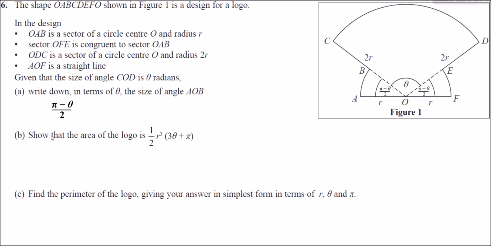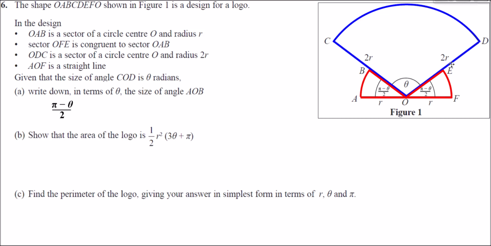Part D, we have to show that the area of the entire logo is half r squared brackets 3 theta plus pi. So this entire logo we can think of as being a sum of 3 different sections. There's 2 smaller arcs which are equal in area, here and here, and one much bigger arc in the middle. If I just colour code these in red and blue, these 2 red ones, the smaller ones, are one and the same, because like the question says, OAB and OFE are congruent to each other,